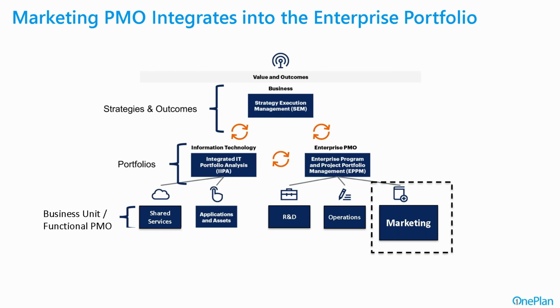I mentioned that earlier, and here's a visual that kind of gives us that: you have strategy execution management within strategic portfolio management, where we're trying to determine how close we are getting to meeting our corporate objectives in terms of OKRs. Then we're going to have portfolios that are going to support those OKRs. And very simply here, we have an IT on the left and the enterprise PMO on the right. They could be all in one, by the way, but usually because IT is so focused, it will have a separate